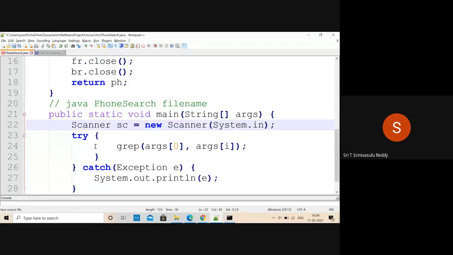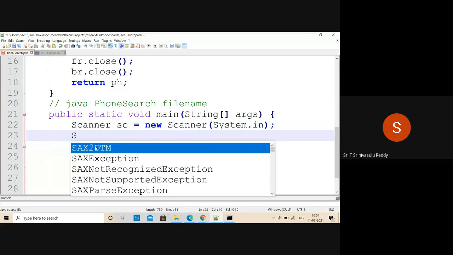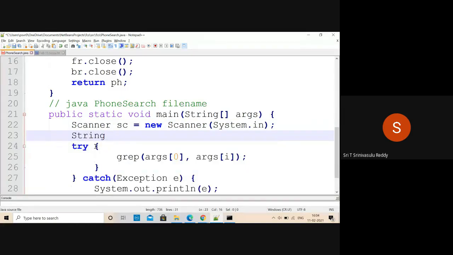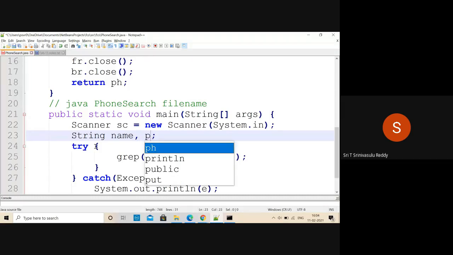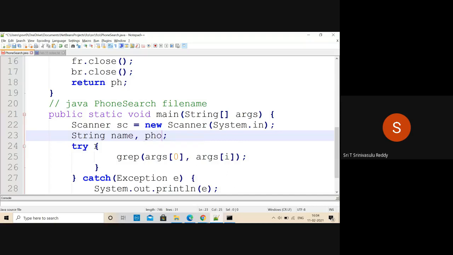We are creating a scanner, and then you create a String variable, name, and if you want, phone number, let us say just phone.